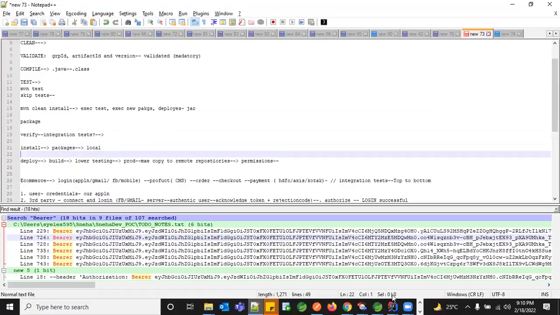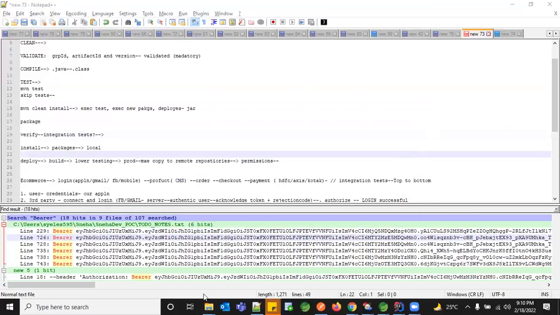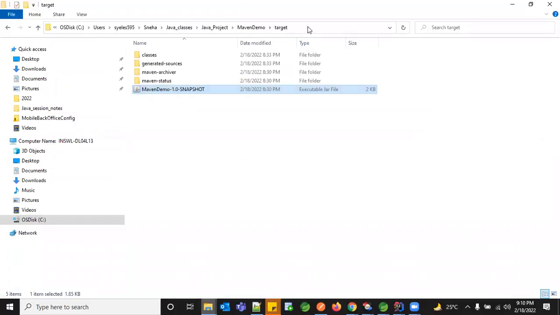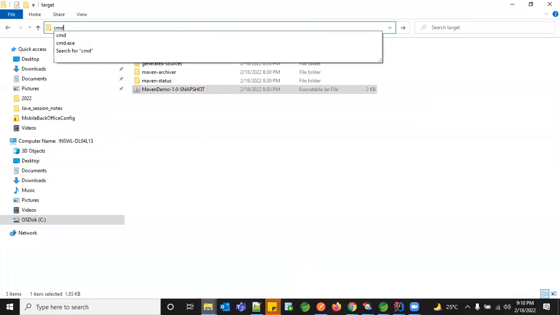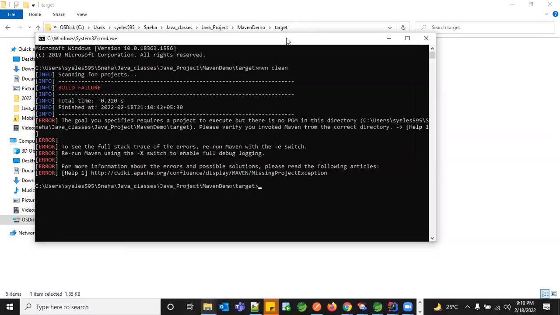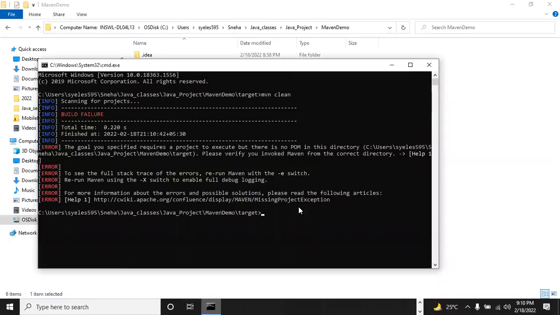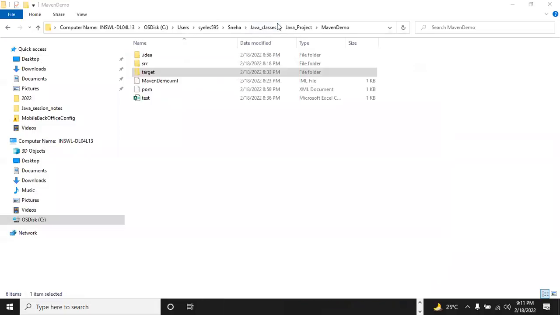Okay, so if you want to execute the same thing, I'm not sure why the dependency is downloaded there. So let's say mvn clean, which is very well known. Right now we don't have anything here, so your target would be completely clean. When we run this mvn clean, it will remove the jar file. All your target package will be cleared.